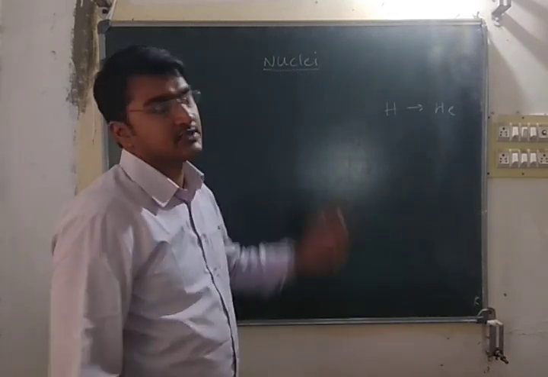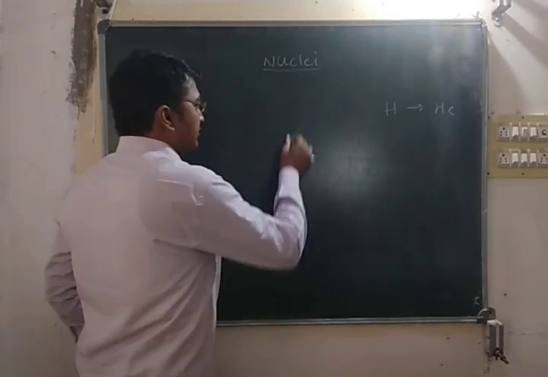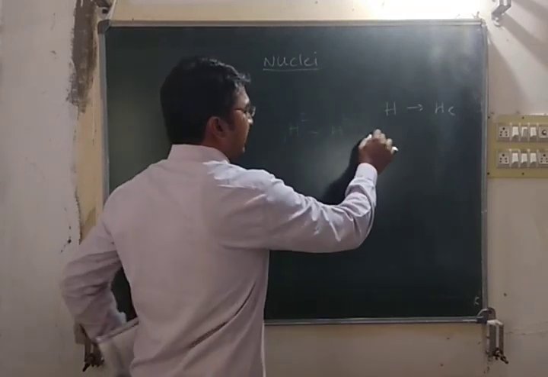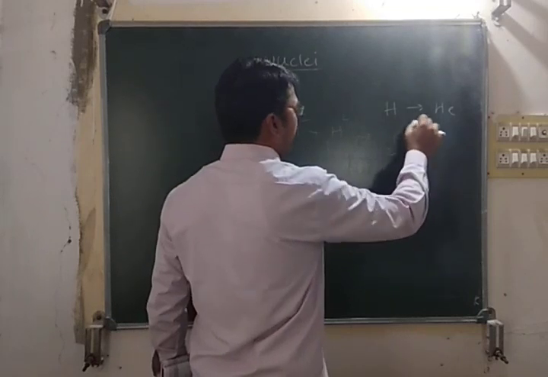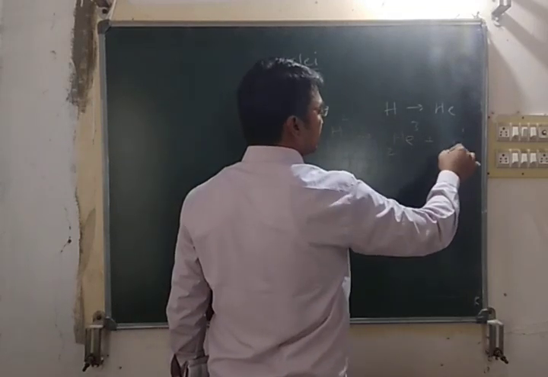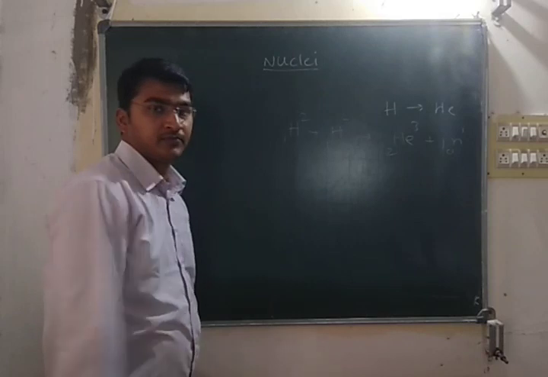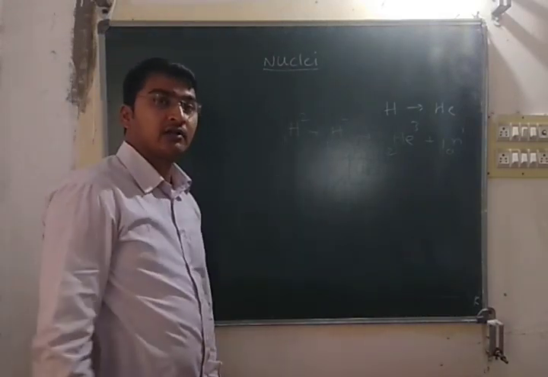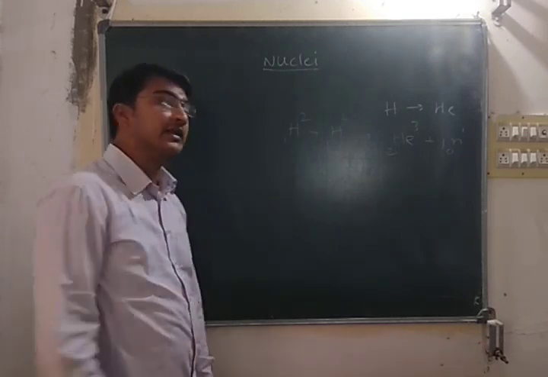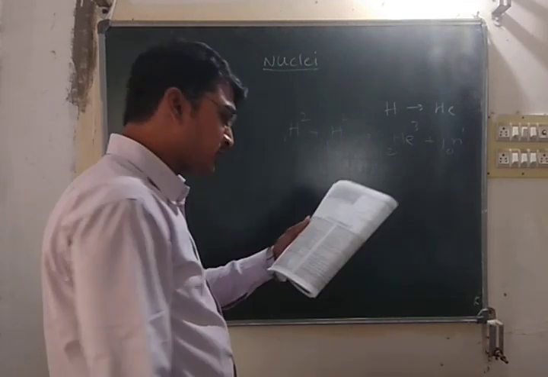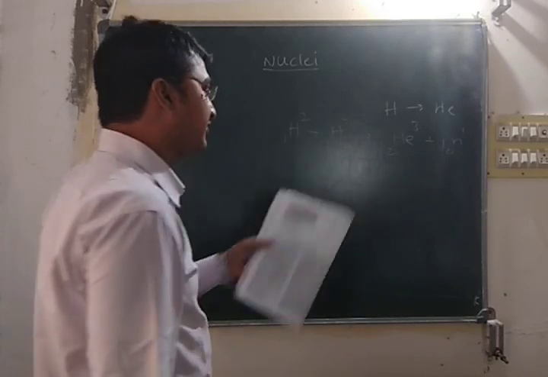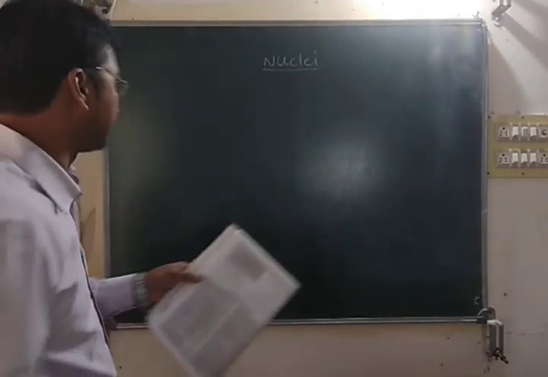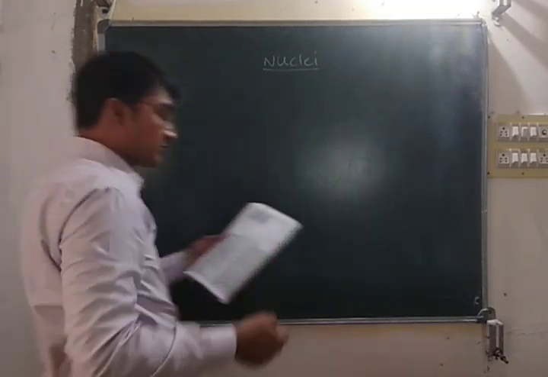So only one option remains. Take hydrogen 2: H 1 2 plus H 1 2 gives helium 2 3 plus one neutron. Two light nuclei combine and form one heavier nucleus, helium. So option B only, formation of helium from hydrogen. That is question number 2 in exercise 2. Now question number 3 in exercise 2.